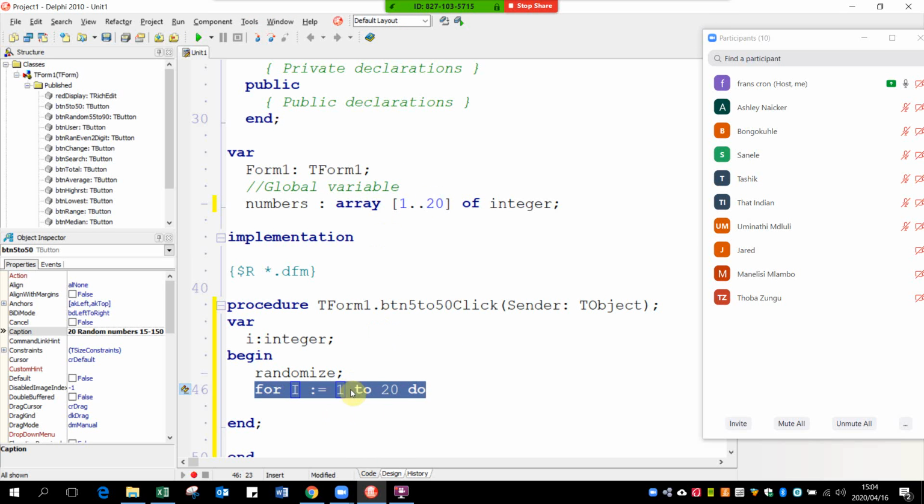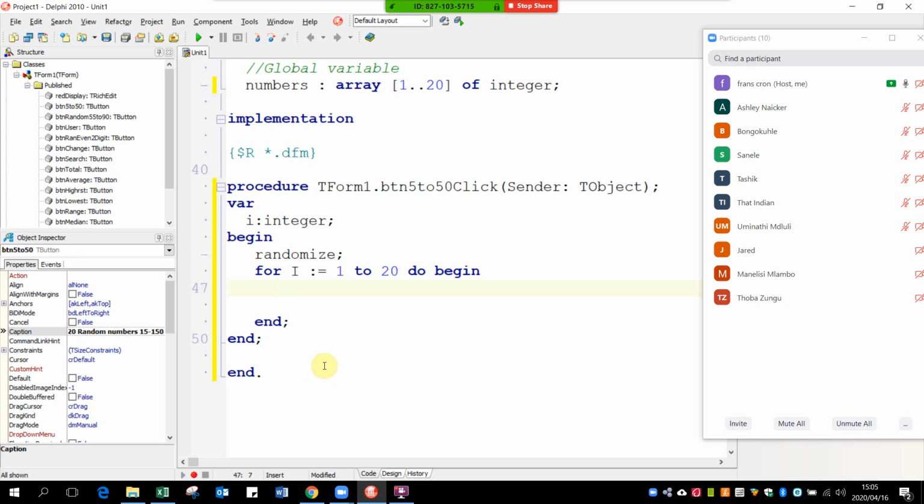So it's not with the random numbers. The random numbers themselves must be 5 to 50, but that doesn't have an influence on this. This is how many random numbers do we want to create? We want to create 20 of them. Okay, we want to do two things. So we have to begin and end because we want to get the random number and we want to display the random number. So our step 1 is in our array numbers, and when you refer to your array's name,